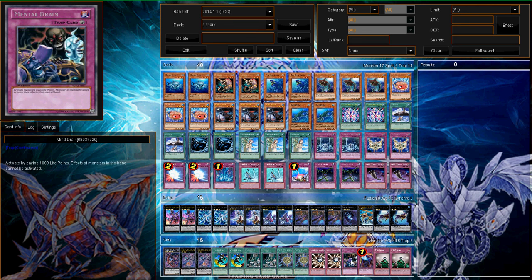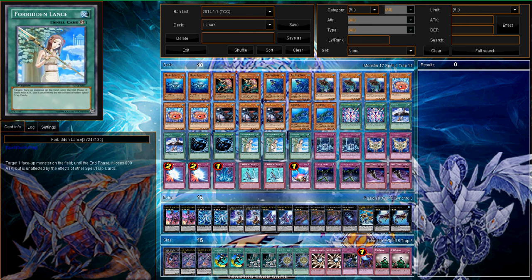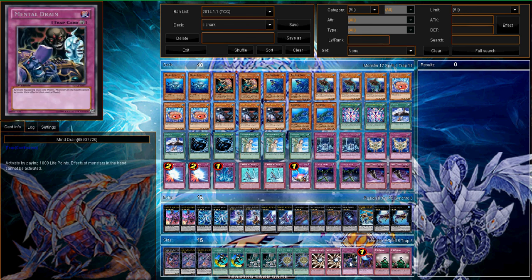Mind Drain actually really helps because Silent Angler is not stopped by this, so this can help against the Bujin matchup as well. So tell me what you guys are thinking about the deck. I really enjoy it. I kind of wish that they were coming out soon,